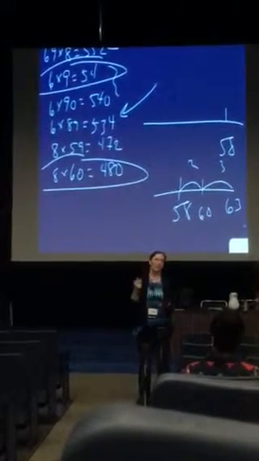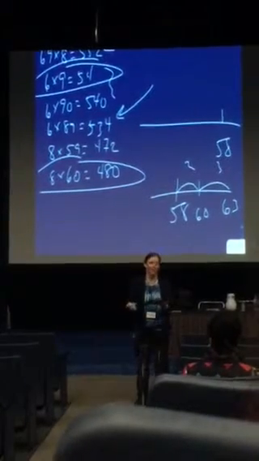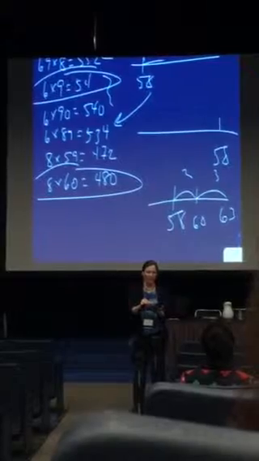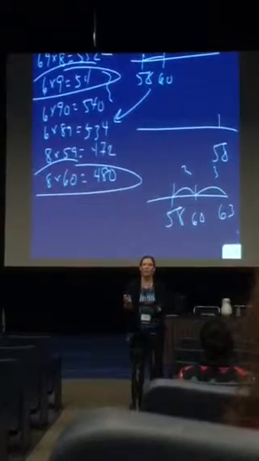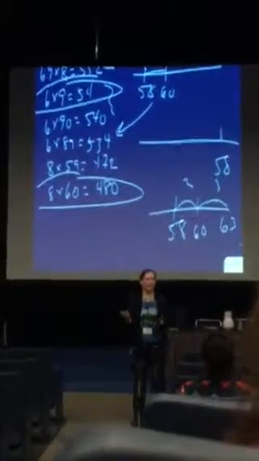Okay. So again, this is a pretty simple example, but I can do the same kind of thing with 58 plus 35, right? I can say if this is 58, and I'm just going to add that little 2 to get to the 60, what's left over from 35 if I've already added 2? I just have 33 left to add. Well, what's